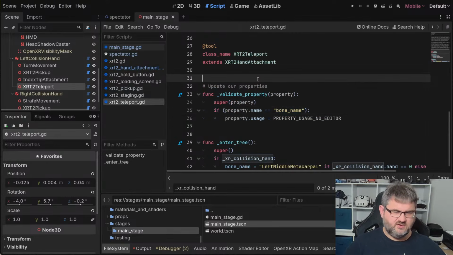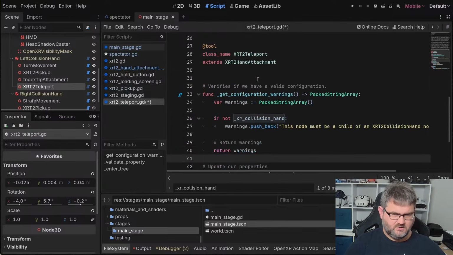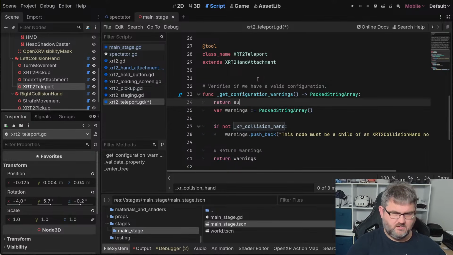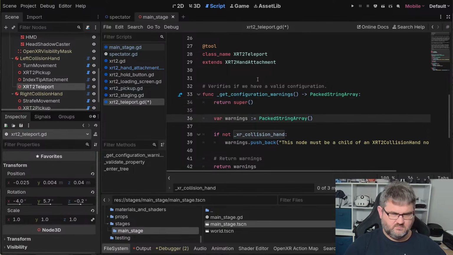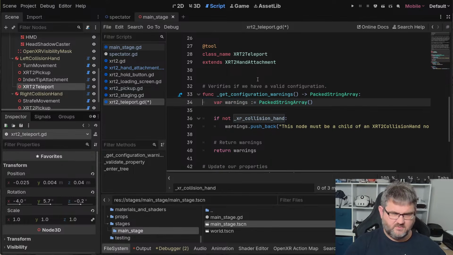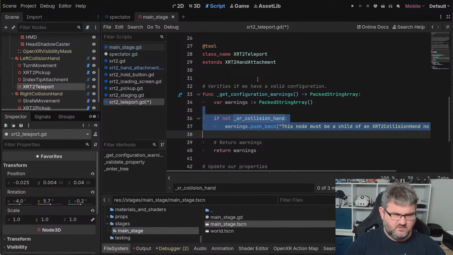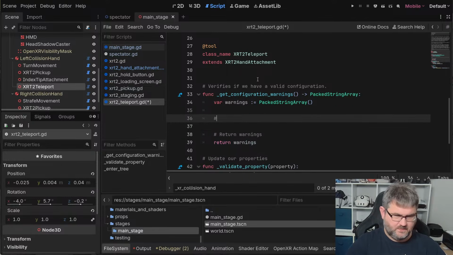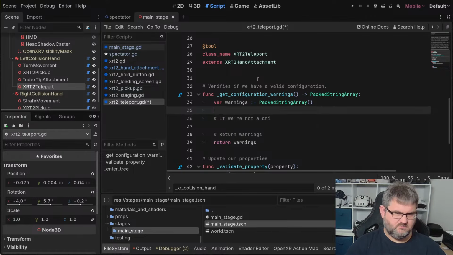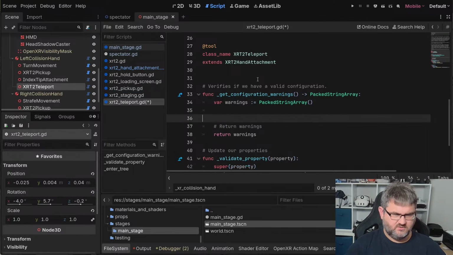That also means that for our configuration warning, let's go and put this in here as well. So does this allow us to call super? Yes, it does. So in this case, if we're not a child, actually, no, what we're going to do here is,